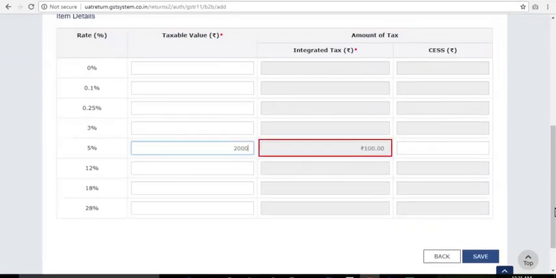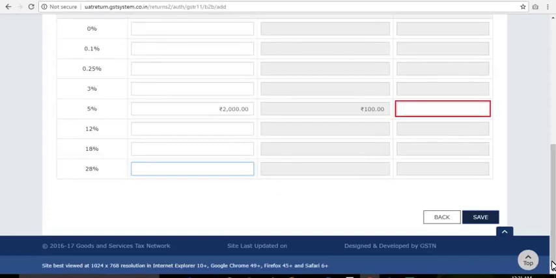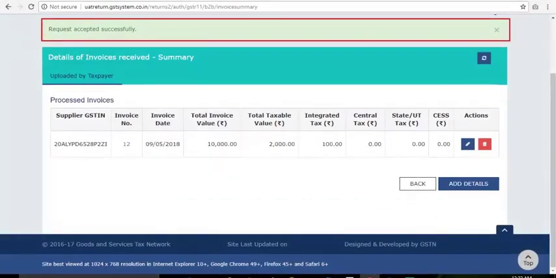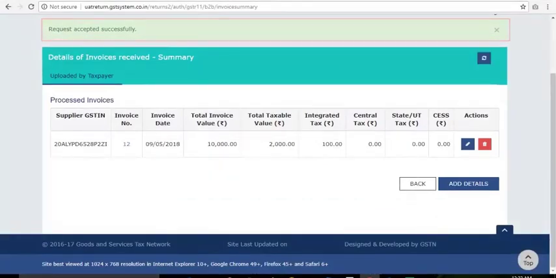The amount of tax fields are auto-populated based on the values entered in the taxable value fields. Enter the cess amount if applicable. Click Save and your entered details are saved.